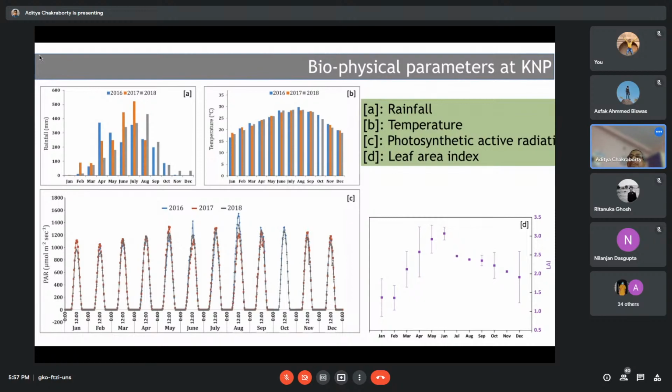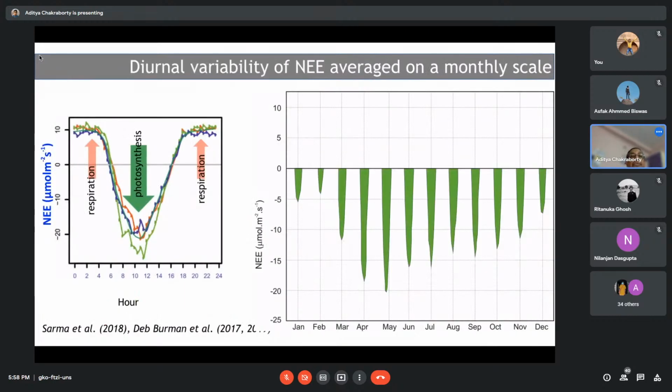For example, the value varies from 0 to 1. Suppose you go to a desert, the leaf area index will be close to 0. And if you go to a very dense forest, particularly where you cannot see the sun, then the leaf area index will be close to 10. So this is how the leaf area index works. The higher the leaf area index, the denser the forest or ecosystem you can characterize. So now there are two components.